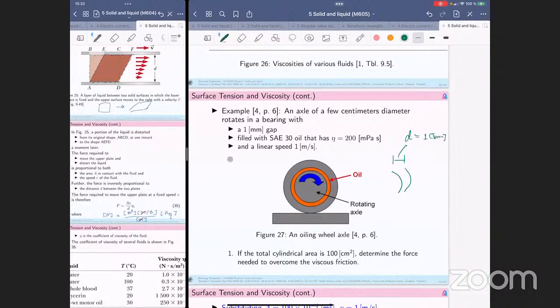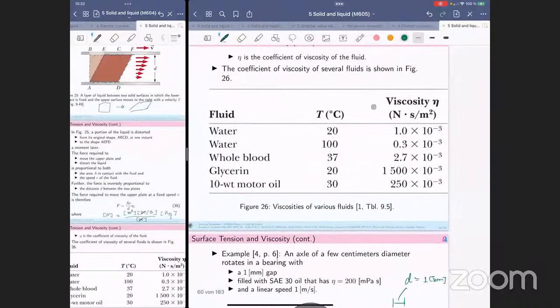Okay, and it's filled with SCI33206 oil that has eta of 200 millipascal second. What is millipascal second? Well, you know that 1 pascal is equal to 1 Newton per square meter. So in this case, the viscosity unit could be also written as